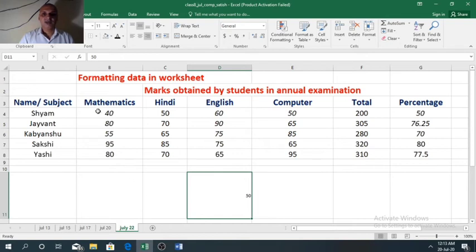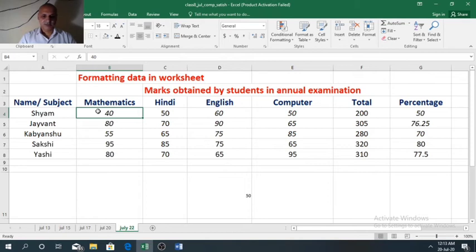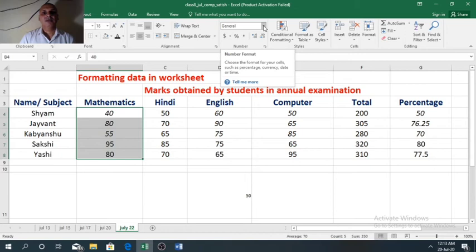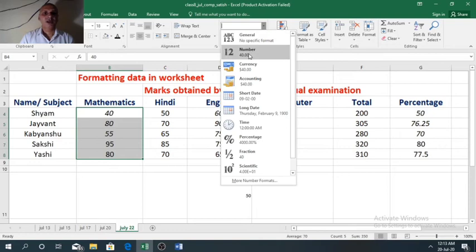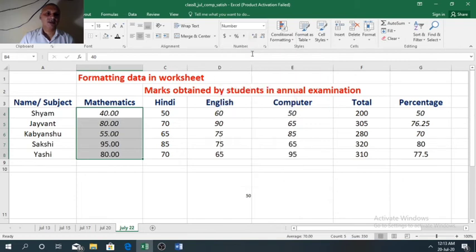So first we need to select the numbers. Suppose I am selecting only this data. Now in the home tab, number option, we will select the arrow here. If we want to apply 2 digits after decimal places, we can select this.